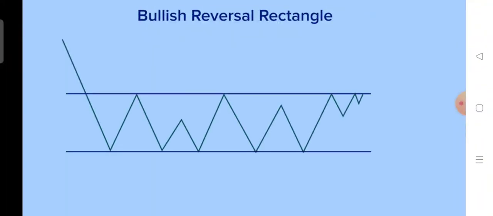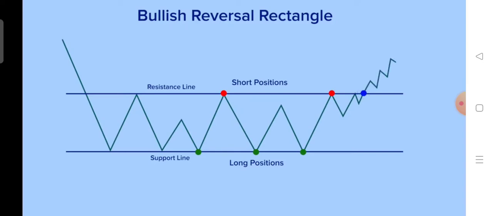After a prolonged down move, what happens is that again this range is formed with similar lows and highs. So one way to trade them is actually trading the range, taking a long position at the lower end of the range and taking a short position near the higher end of the range. So trading the range is one, but if there is a reversal, that is the breakout out of this range, someone can take a long position with a stop loss just below the resistance line. The erstwhile resistance line now becomes the support line.